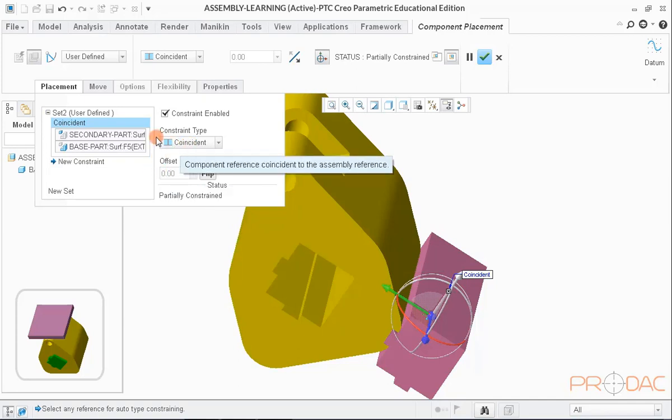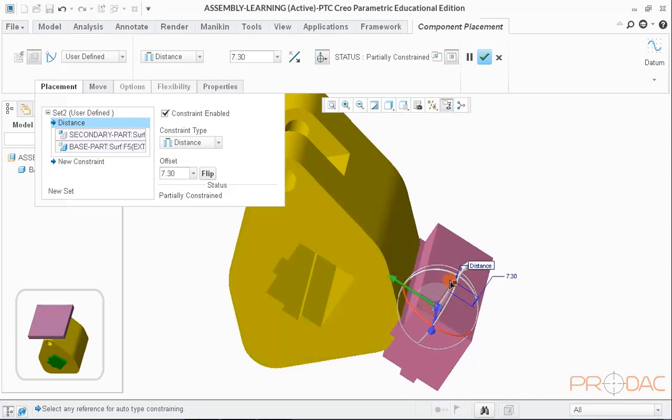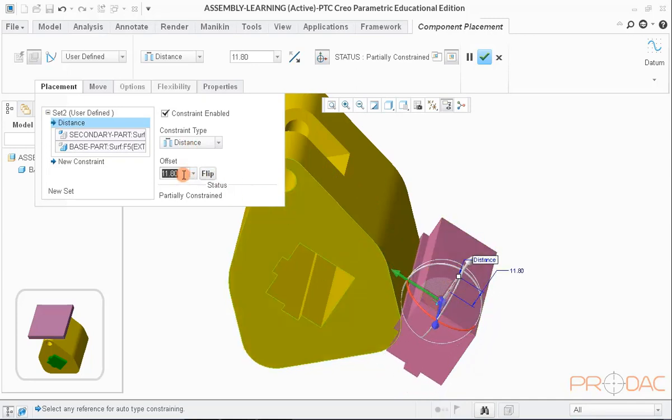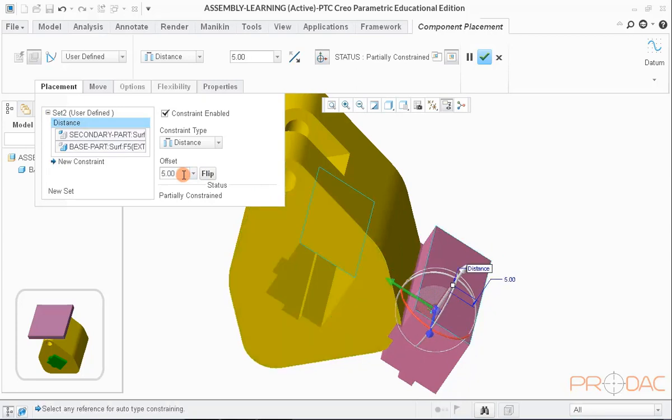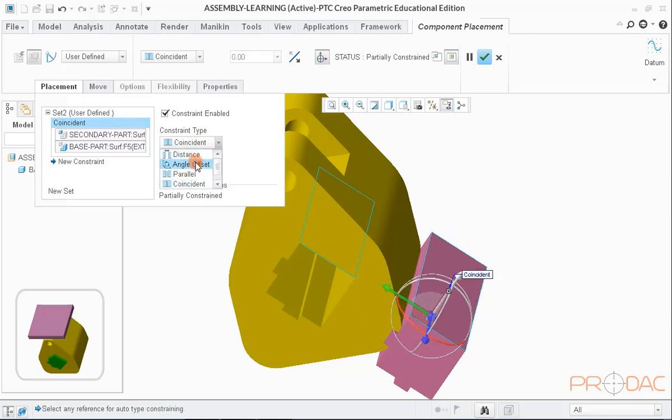In the constraint type window, there are multiple options to choose from. Based on the assembly requirement, we can choose the constraint. In this example, we have to choose coincident as both the surfaces are coincident to each other.